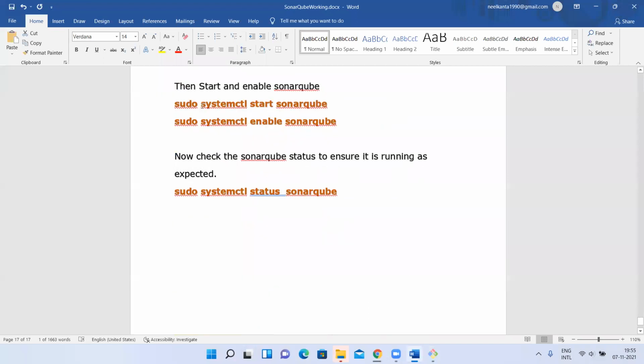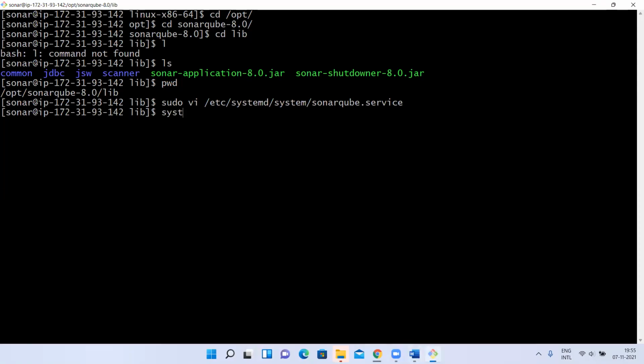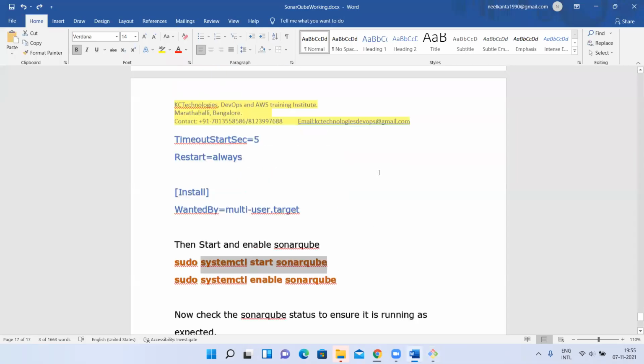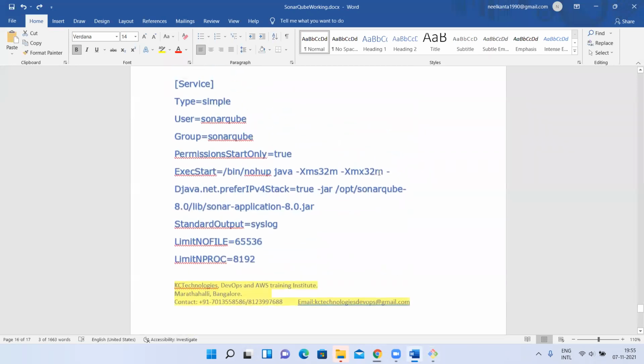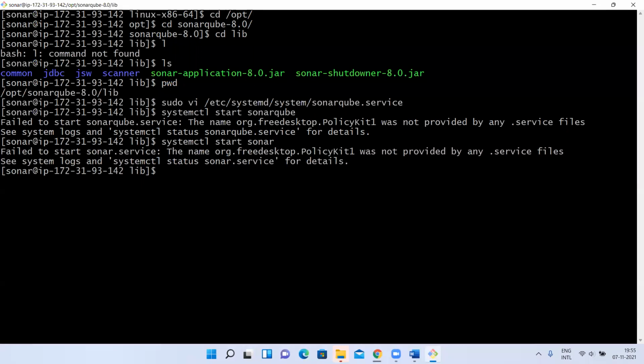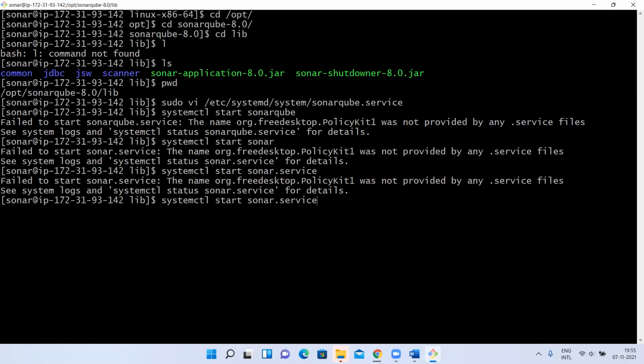Next, you have to run this command. You can use systemctl. Have you done it? systemctl start sonarqube. Okay, you have to give it. It is saying there is one mistake we did. What is that? We have given SonarQube, right? Let me just give this. Sorry. The file also was not permitted. The service file, systemctl sonar service. Just a second.